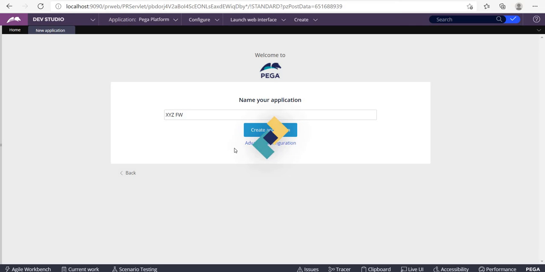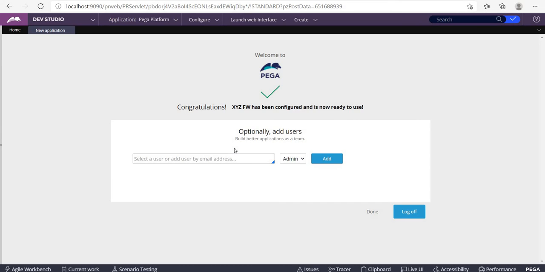Why we go for the framework is basically we'll be having some reusable functionalities like send email functionality, a few other sections which are reusable across the organization, or, take for instance, any reusable rule you will be putting in the framework. So even in interviews they'll ask you what is a framework and what is an implementation. So you can say the framework is for storing the reusable rules, and the implementation is for specific or generic functionalities.